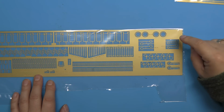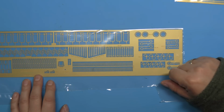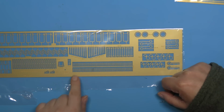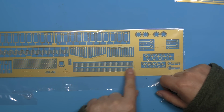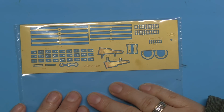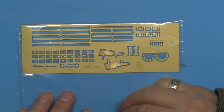Some parts there for the masts, or maybe the bowsprit, but given the number, it's most likely masts, and some more hooks and photo etched Bailey pins, which means they'll be nice and easy to fit. They'll all be the same size. So yeah, and it also means they're much more to scale rather than generic ones, which ultimately end up being overscale. Our last sheet of photo etch, I believe, from all the photo etch in the kit, and we've got,